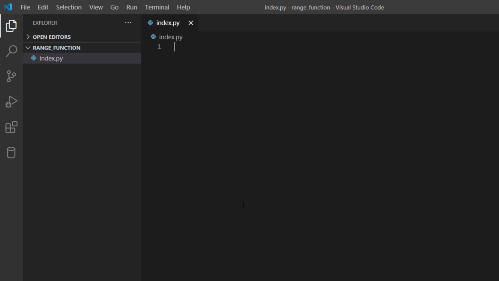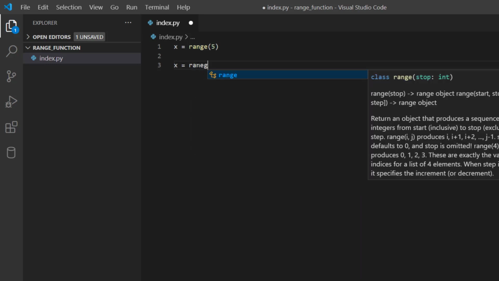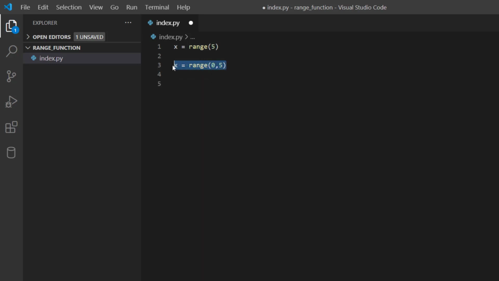Let's take an example where I have to create a sequence of numbers from 0 to 4. So let me take a variable called x and I'll write x equal to range of 5. So this statement will create a sequence x with numbers from 0 to 4. I have written 5 because the last number will be excluded by the range function. This can also be written like this, x equal to range of 0, 5. This also produces the same output because here we didn't specify the start. That means it was 0. So I have specified it explicitly and it was redundant.